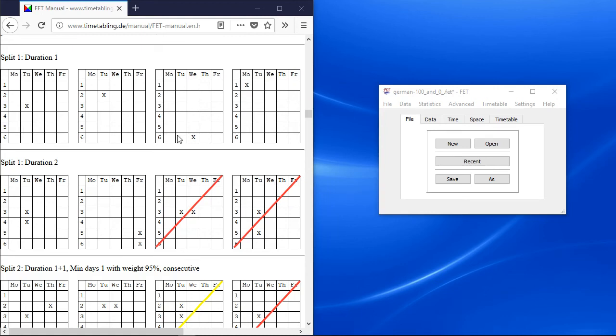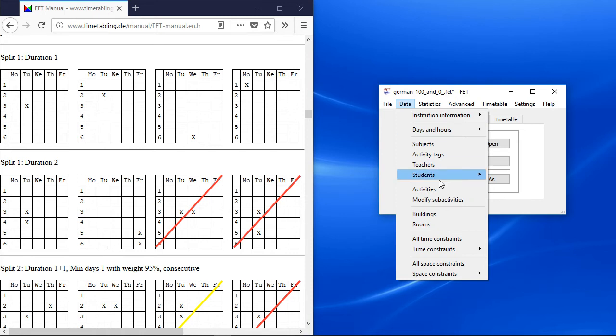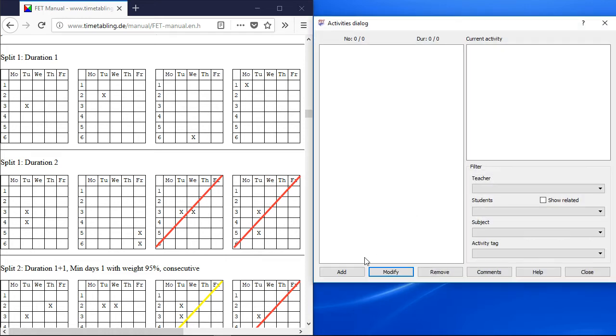How to add activities. There are several variants to add the activities into PhET. All of them have different advantages and disadvantages. Since this is a basic needed skill, I will explain it in more detail in different videos. Let's start by adding simple activities using the Add Activities interface.